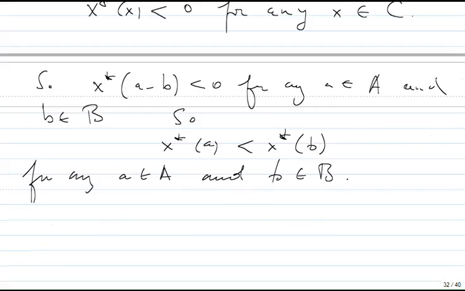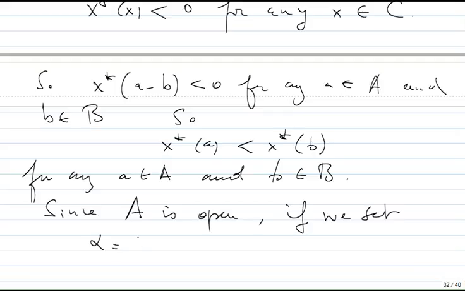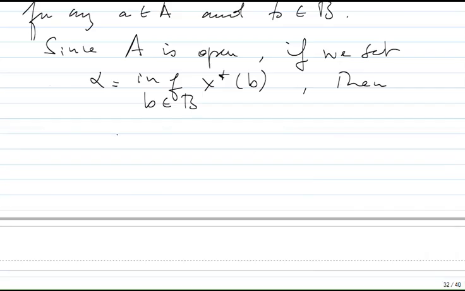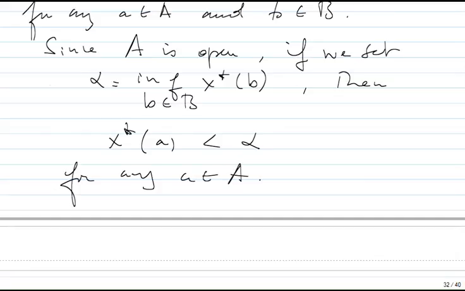Since A is open, if we set alpha equals the infimum of x star of b, b in B, then x star of a is less than alpha for any a in A. Indeed,